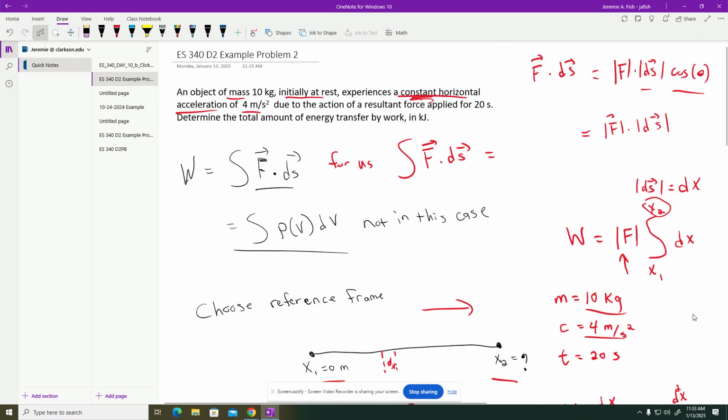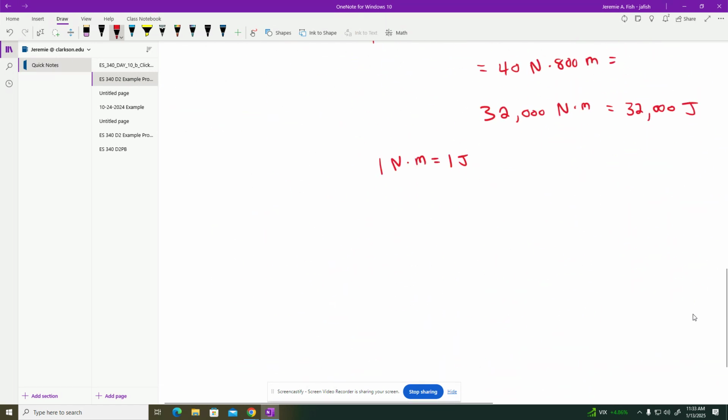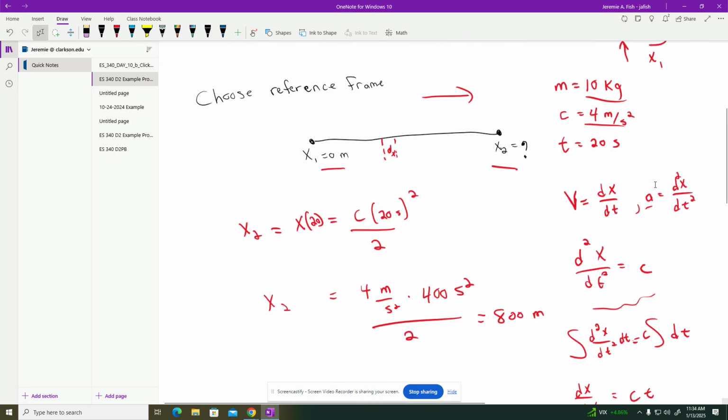However, if we go back to the problem, it said determine the total amount of energy transferred in kilojoules. So we just need to remember that 1 kilojoule is equal to 1,000 joules, which we can then use for the conversion. So 32,000 joules times 1 kilojoule per 1,000 joules, because we want to cancel out the joules there. That's what we're aiming for. So that means that I have 32 kilojoules, and that's my solution. So the amount of work done here is